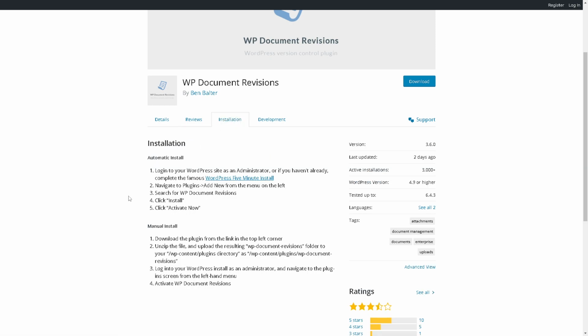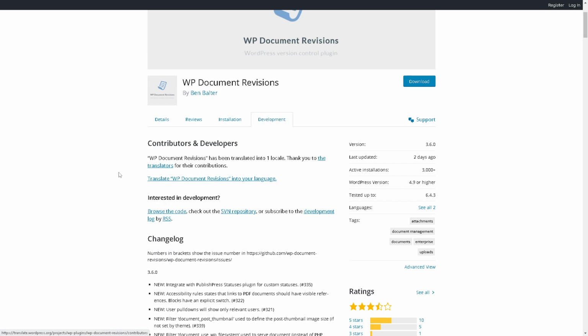And the minimum installation guide, you can automatically install or manually install, or you can simply go to the community wherein the active contributors and developers are here to help you and guide you. And all you're gonna do is click on download. All right,